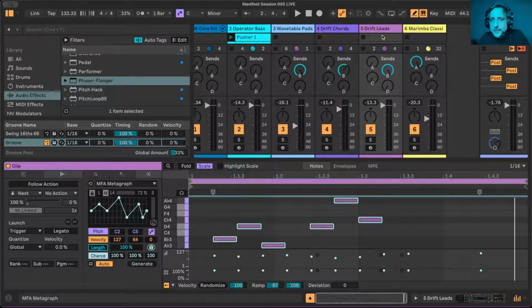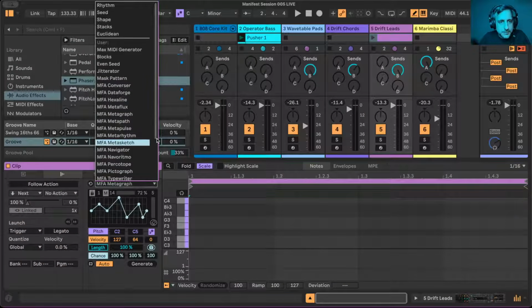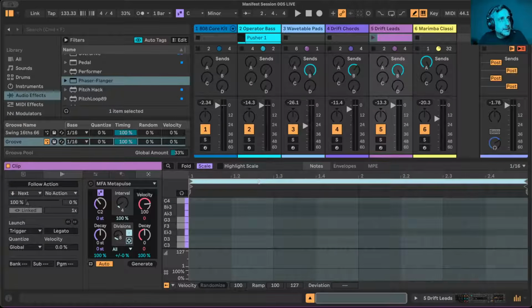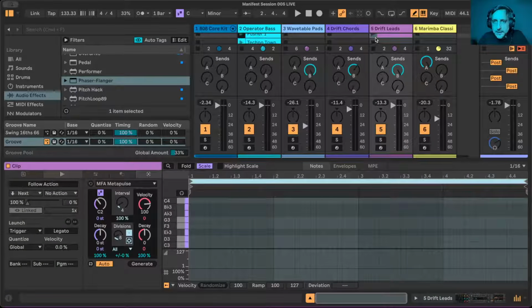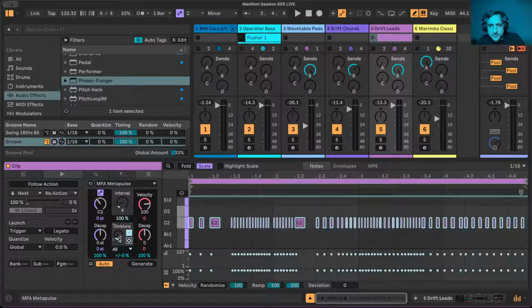But going back to some more creative stuff, I want to try one more device, one more MIDI tool with the leads here. See if we can land on a cool lead thing here with the metapulse, and I'm going to go ahead and just, yeah, get a nice long 4-bar thing. And so if you've used our pulse engine, you're going to know every interval it's going to generate a new cluster of pulses at a random division, up to 8 is the maximum. And so now